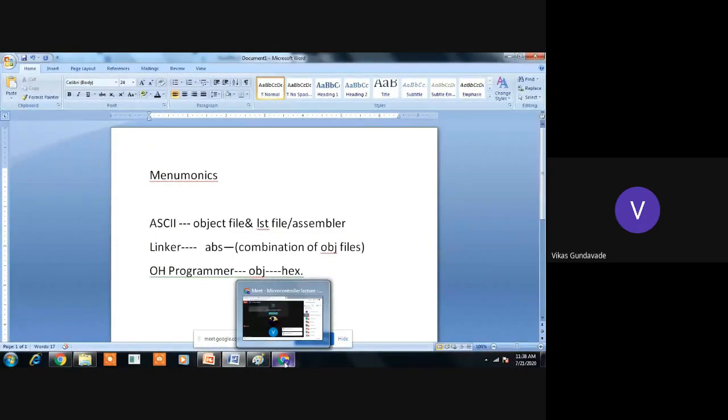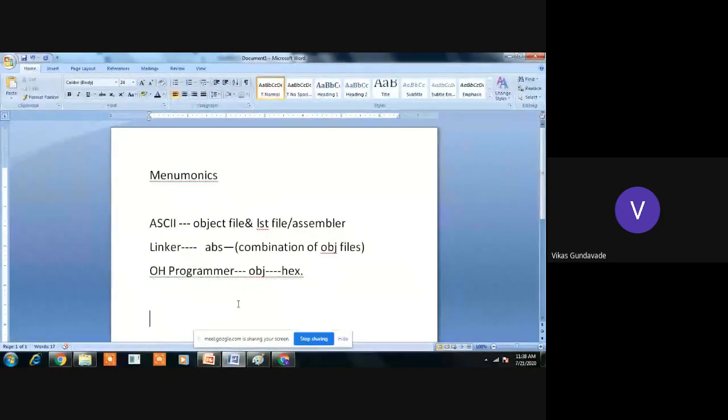The instructions are given to the microcontroller by means of the ASCII language, which is converted into the hex by converting it into the object file and LST file. One more thing: this LST file is nothing but the complete instructions written in a format. Whatever instructions we give, it represents the same. But what is the necessity of this LST file?